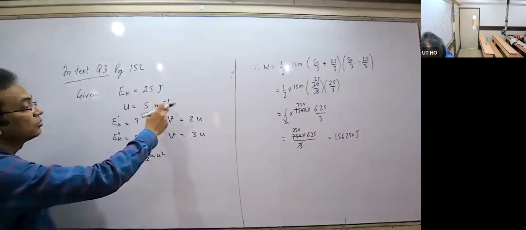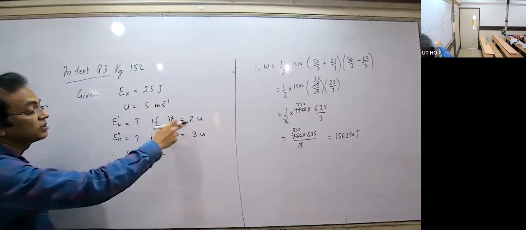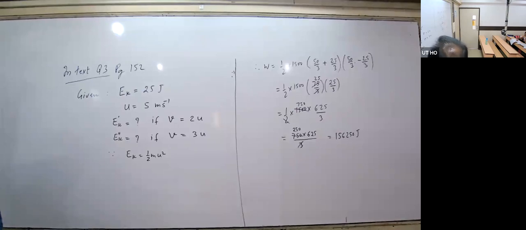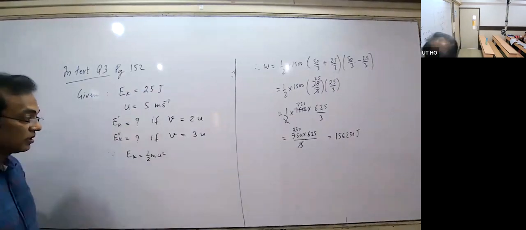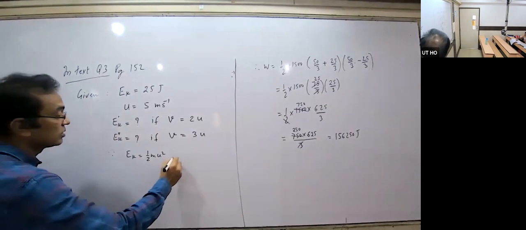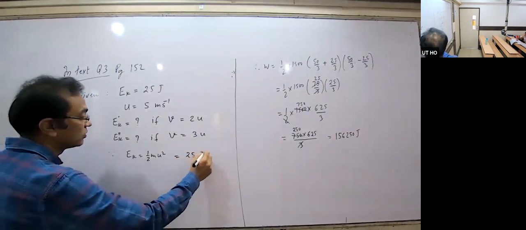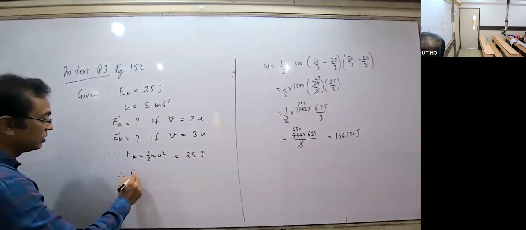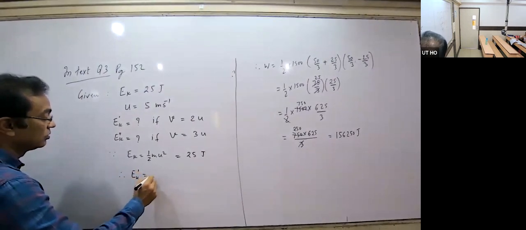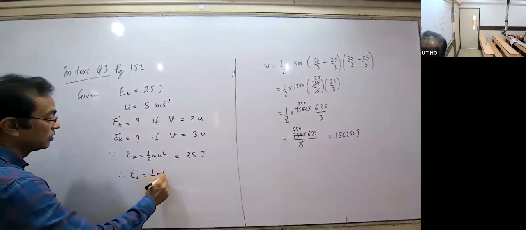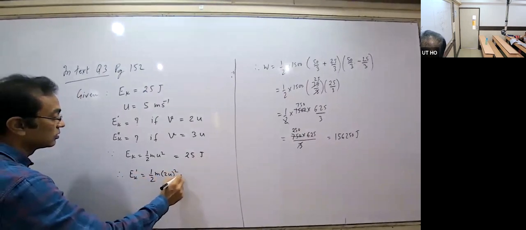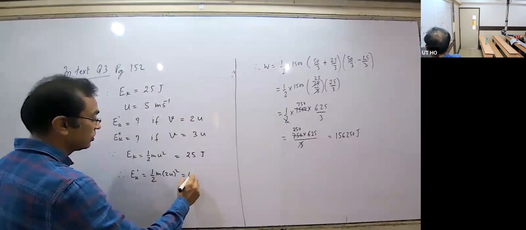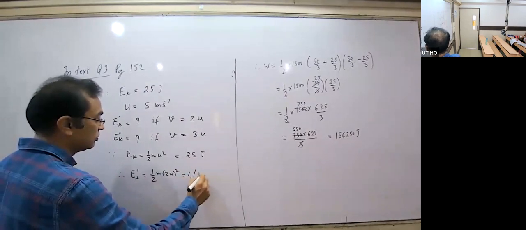So EK is the original kinetic energy with U, where U was 5 meters per second, and this is equal to 25 joule. So therefore EK dash is equal to 1 by 2 m (2U) square. This is equal to